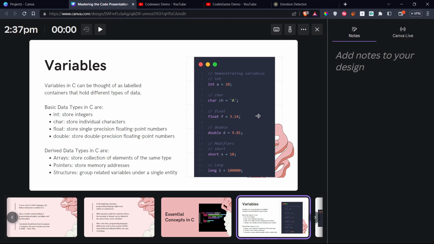On the right hand side, you can see the code snapshot demonstrating various variables: integer, char, float, double. And the modifiers short and long are used to save memory. Integer only stores 4 bytes. If you know that the integer variable is not going to exceed a certain limit, you can use a short modifier and save on memory space. It takes only 2 bytes. And in case you're storing big numbers like mobile phone numbers, the long modifier is the way to go.